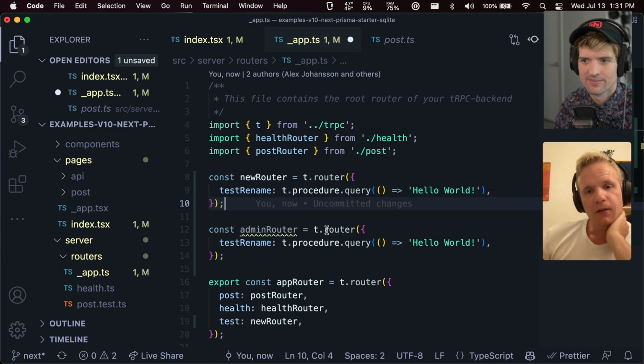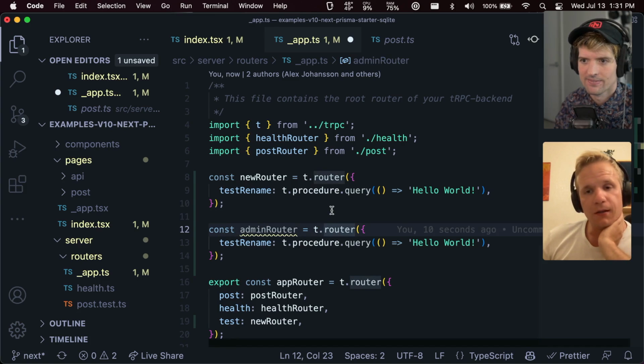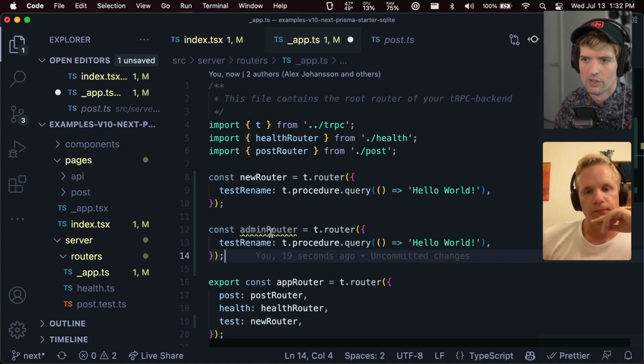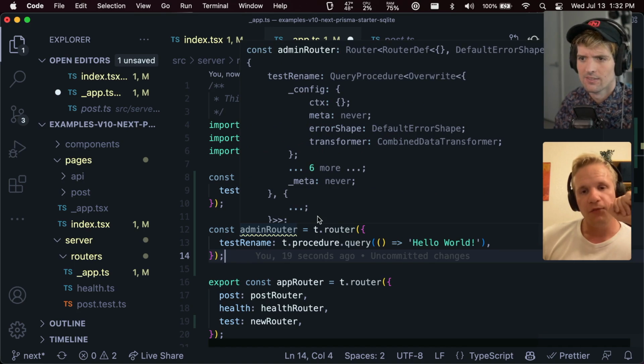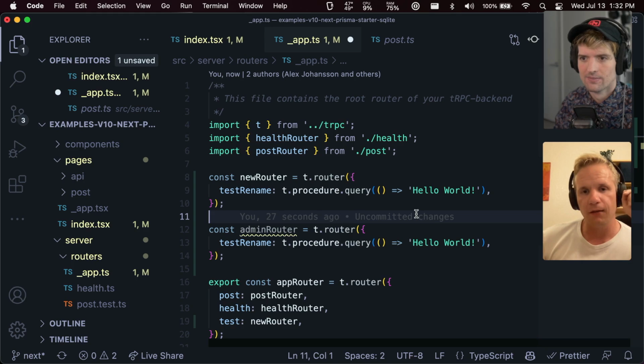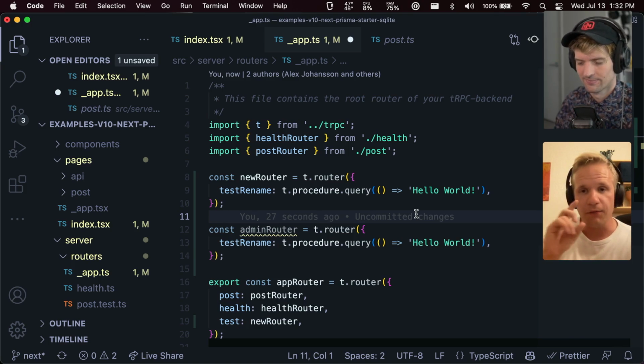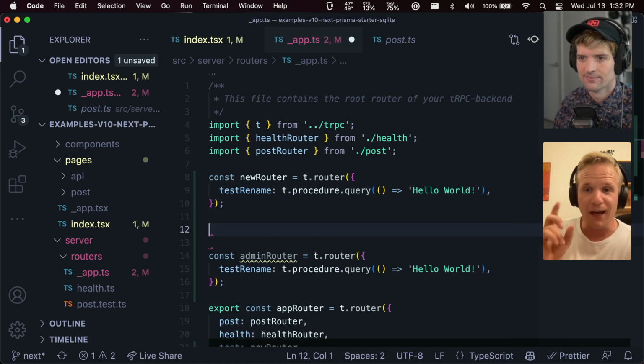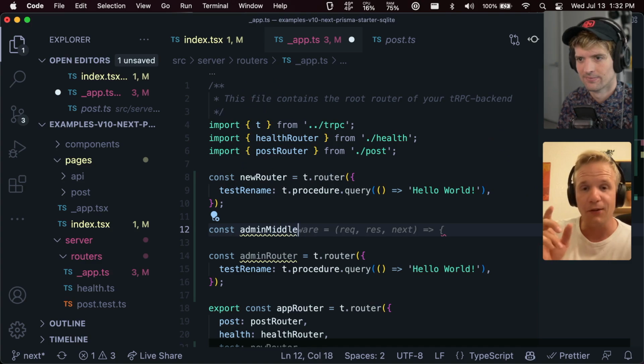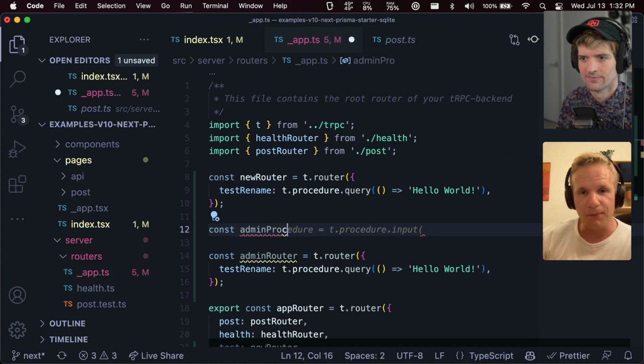Okay, so what we want to do then is that. Do you want to do several procedures that have this rule, or just one? I want this router, ideally, to have the rule such that every procedure within it will only be hittable if the rule is passed. So it's slightly different. The way you think about this instead is that you have an admin router, and then every procedure in that router uses a middleware by making a very reusable middleware. So you want to create an admin middleware, an admin procedure that you can use. So we can do an admin procedure, and then that is